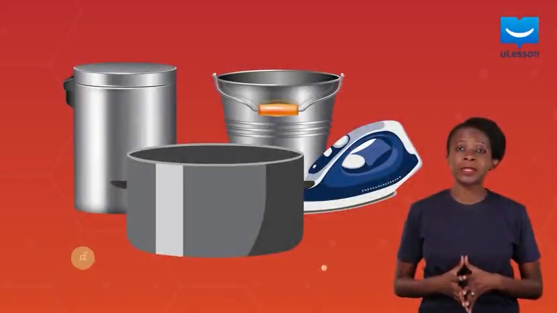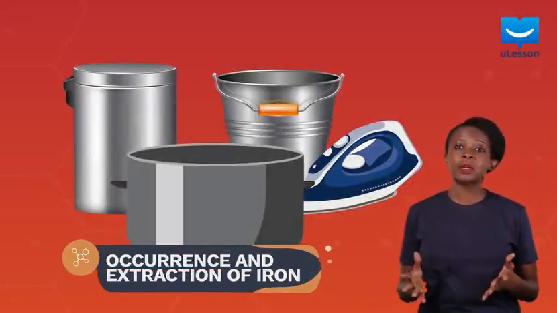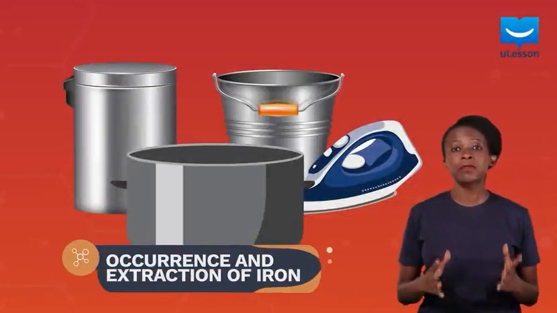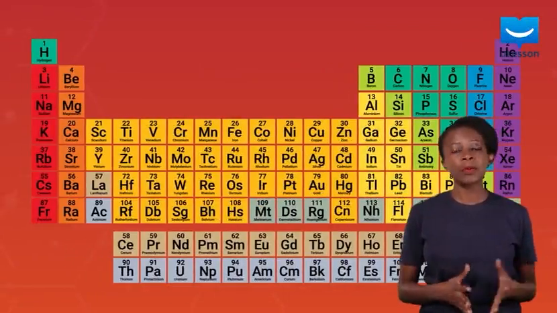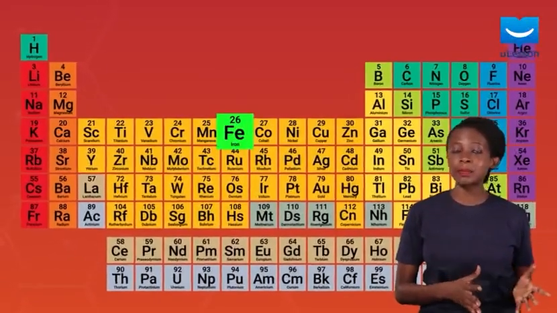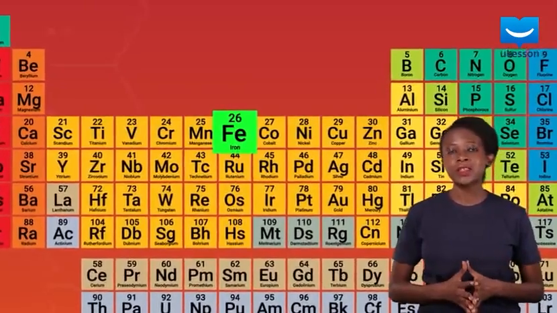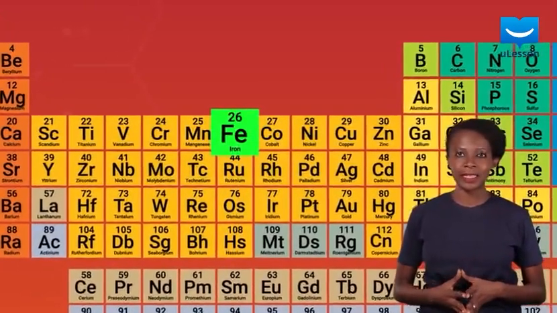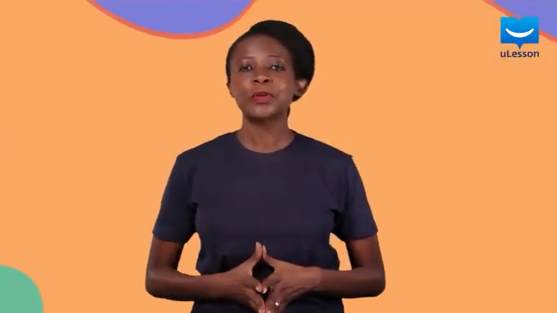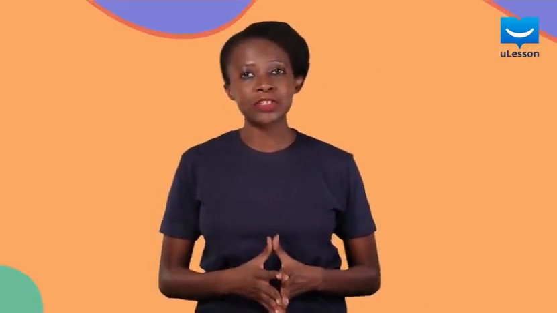Iron is a very important metallic element that has been known and used by humans for a very long time. In the periodic table, it is located in the D block. It has an atomic number of 26 and a relative atomic mass of 55.8. In this lesson, you will learn about the occurrence of iron and the method employed in its extraction from its